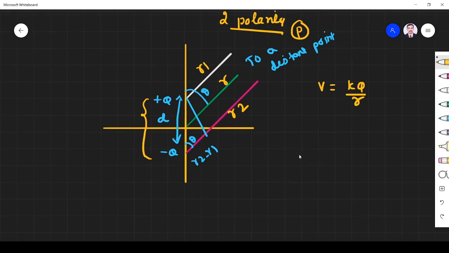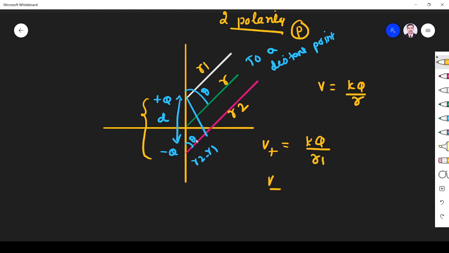Okay. So first thing is, I want to find what is the potential at point P due to the positive charge. So this is the positive charge. What is the potential it is producing at point P? Shall I write that as K, charge is plus Q, by the distance R1. The distance from point P to the positive charge is R1. So I write KQ by R1.